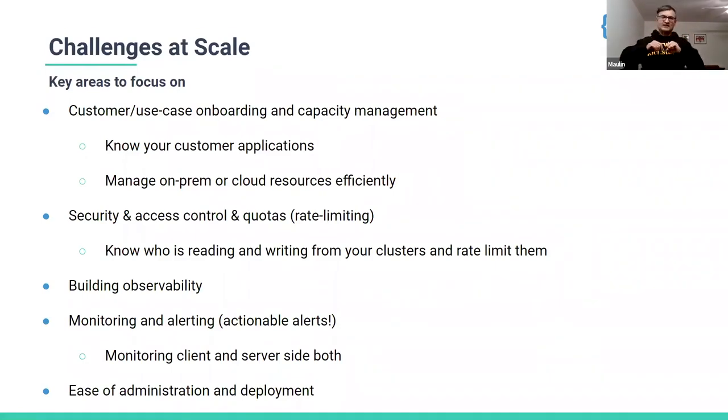You could have clusters in different regions, different virtual boundaries or zones. Then you need visibility into what topics are hosted on what clusters, and what the metadata looks like across the whole ecosystem instead of just within a single cluster.